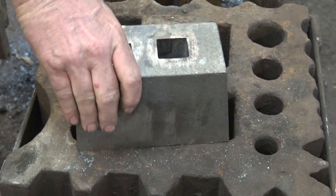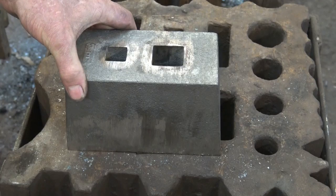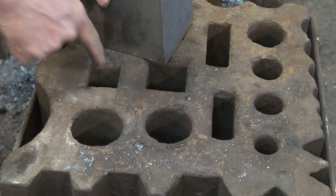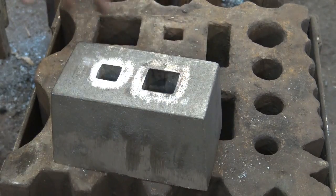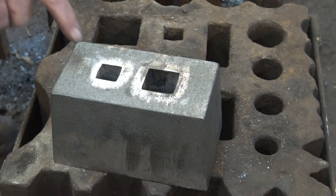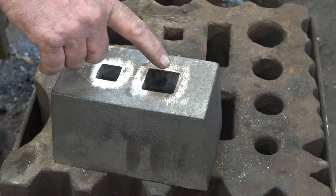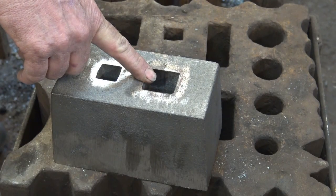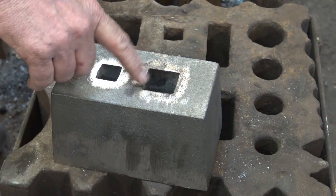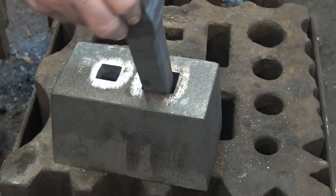Now I just got this thing, and it is not technically a swedge block, although it has the useful feature, like these square holes here, that you can make hardy tools. Except this one actually fits the hardy holes for my anvils. This one's an inch, and this is a 1 3/8, but my 1 1/4 hardy hole on my anvil is a little hollowed, a little oversized. It's been worn out over the years. So I only have to do a little bit of cleanup to make a tool for my anvil